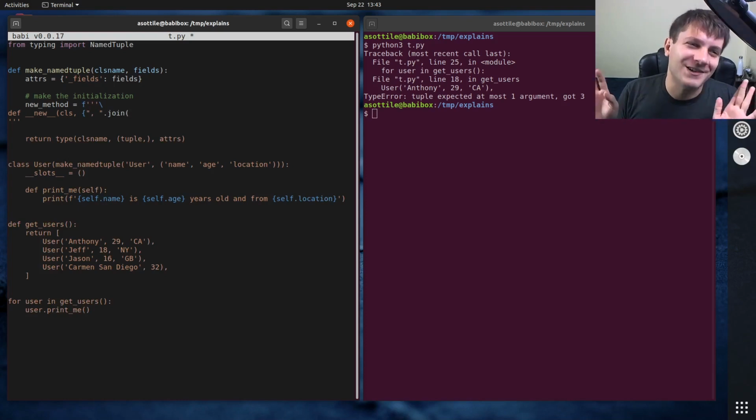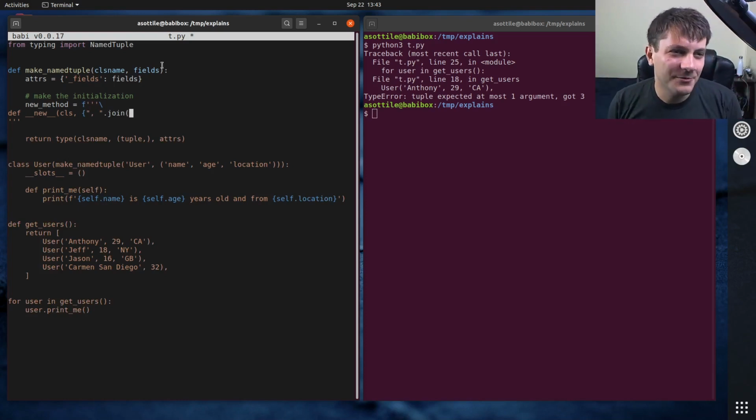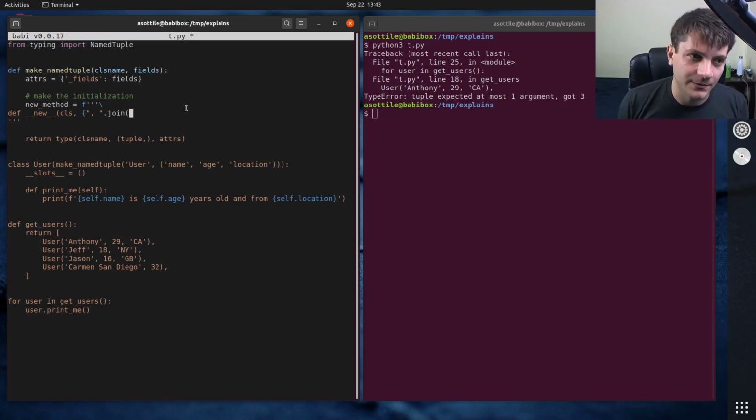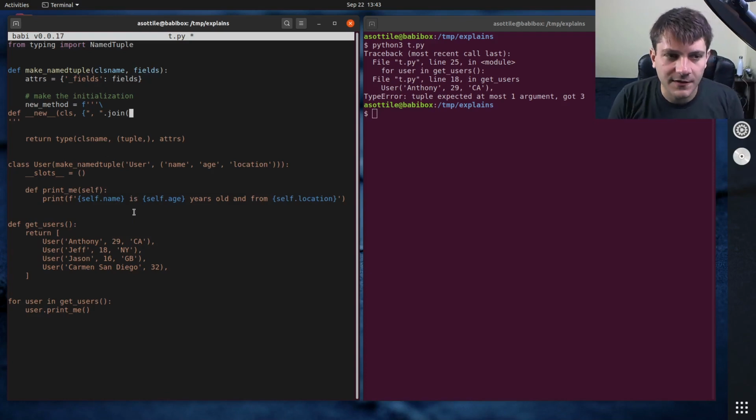We're building code here, which is a little bit sketchy. I would probably do a lot more validation on these inputs, because just running exec blindly on parameters can lead to security issues. Exec is one of the unsafer functions in Python. But we can just do this directly, and so this is going to turn into __new__ for our class,